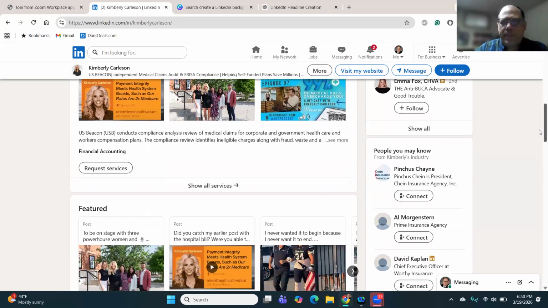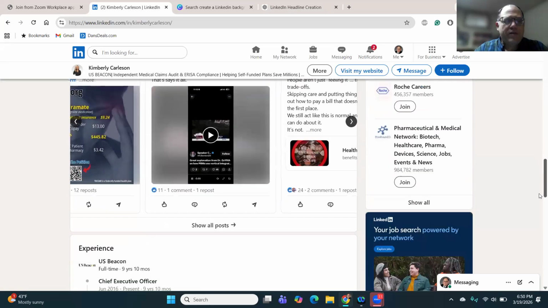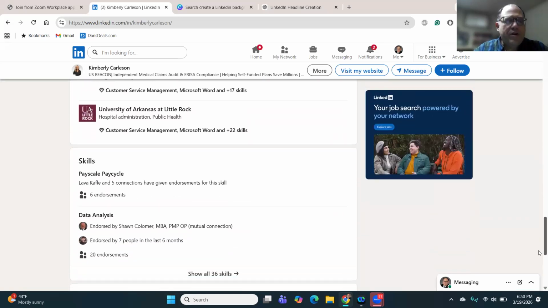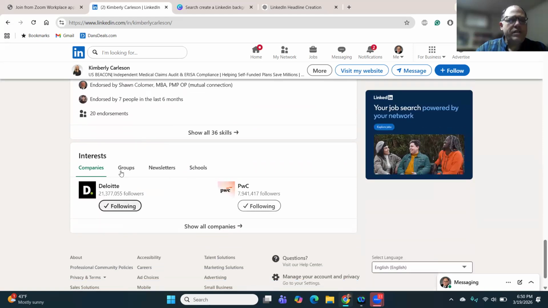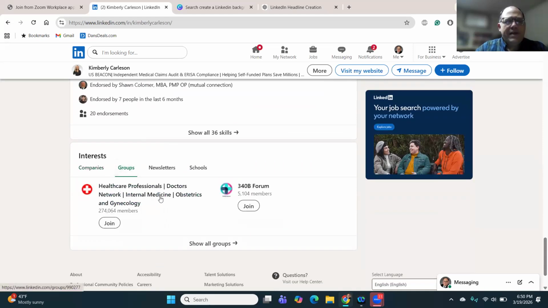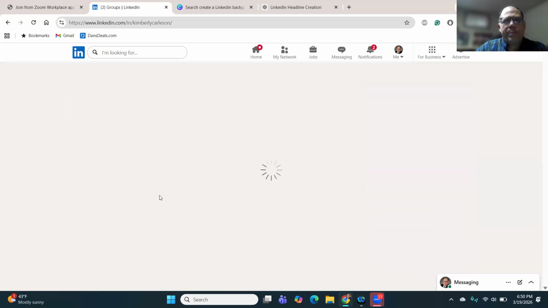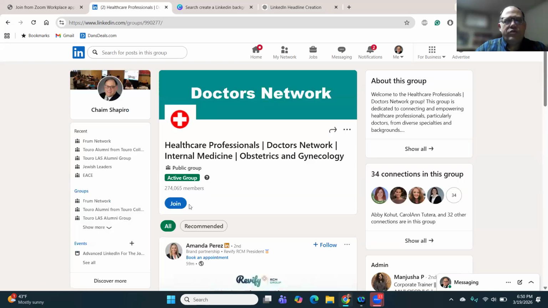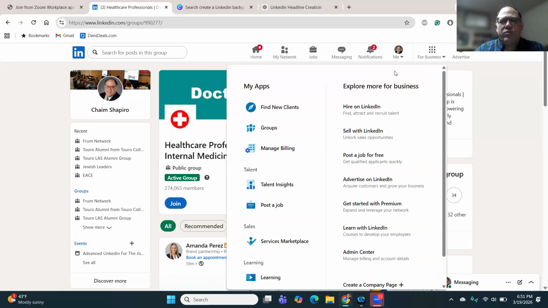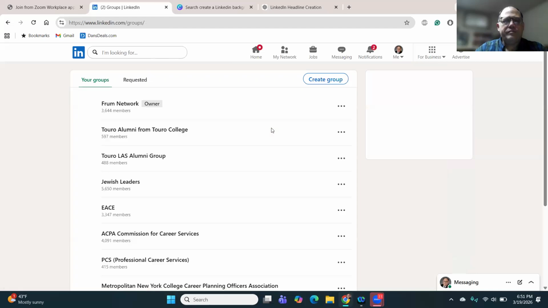The other thing you can do, and I usually don't do this, but I'll do it based on the question, is if she is part of any groups, and it looks like she is, I go to her groups and click on the group, and you have to click join the group. What happens when you join a group is you can actually view the people in the group and send them messages. First thing you need to do is join the group. Then usually there's a 3-day waiting list. What they don't want is people sending spam messages, just following a group for 5 minutes and then getting out of it. But this is to show you the groups I'm currently part of.